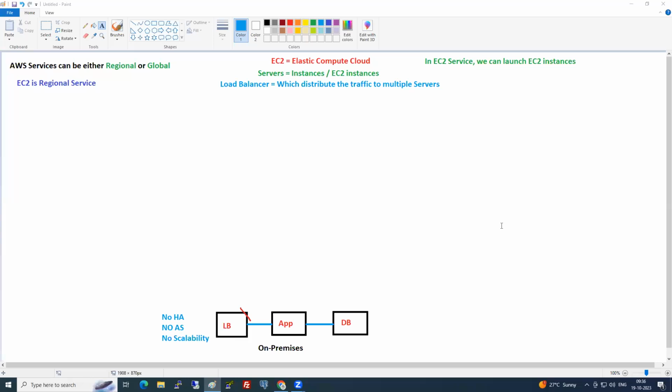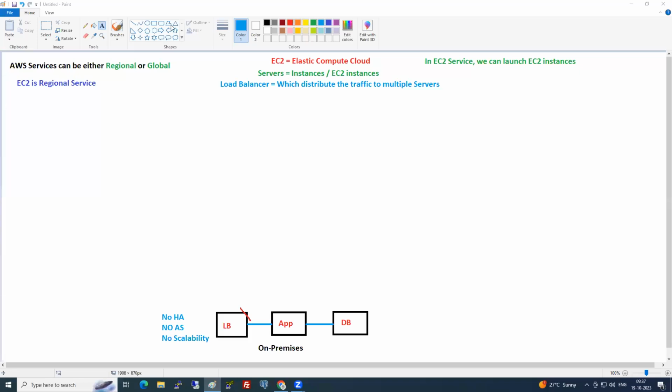That means there is a button called create load balancer. Click on create, and the load balancer will be created. And that load balancer is completely managed by whom? Is it possible that the load balancer will go down? Load balancer will never go down. So that is the beauty of the AWS load balancer. So is load balancer a server or a service? It's a service. Load balancer is a service.